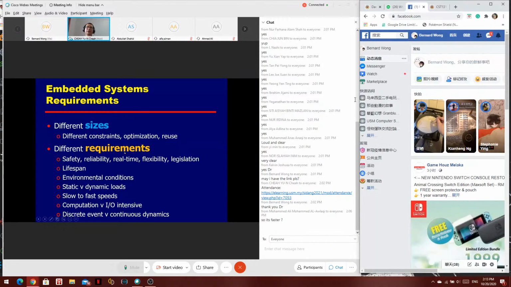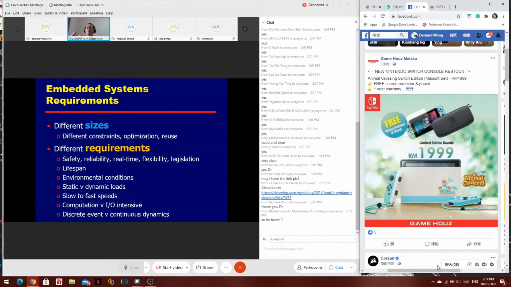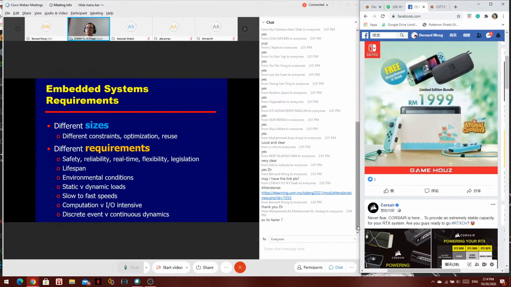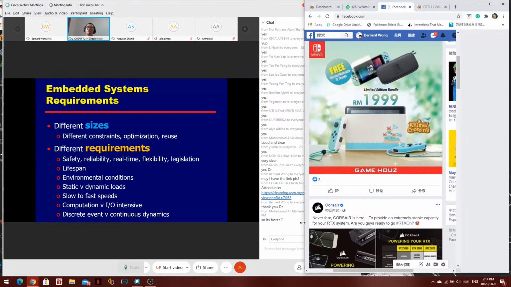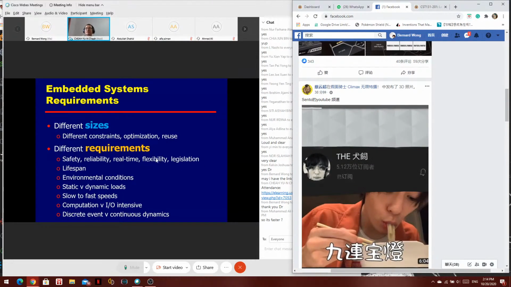And of course, being embedded into a particular product, they have to come in different sizes and be optimized for different use. And of course, different requirements as well, according to safety requirements, lifespan requirements, more harsh environmental conditions. Imagine if a processor needs to be put into a car, and that car is left in the sunlight for a long time, so it has to be durable enough to withstand certain harsh conditions, right? And also,